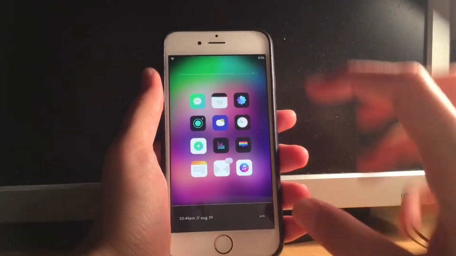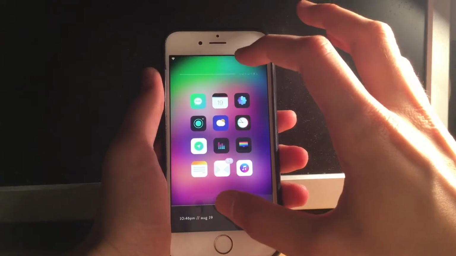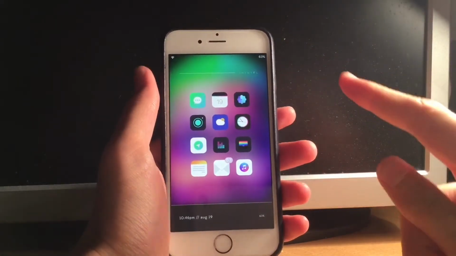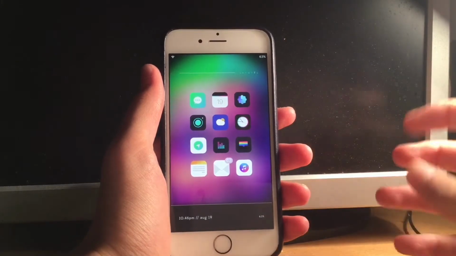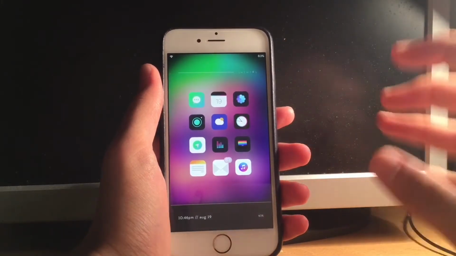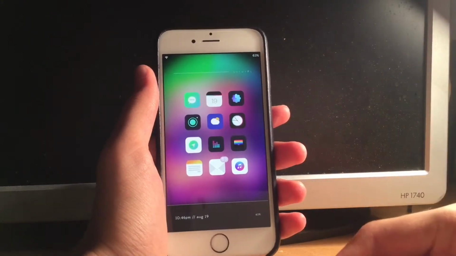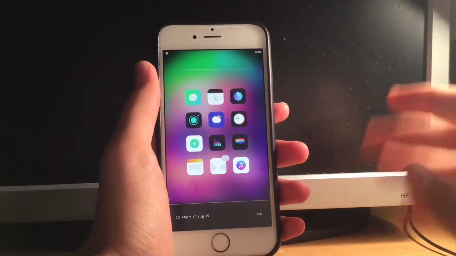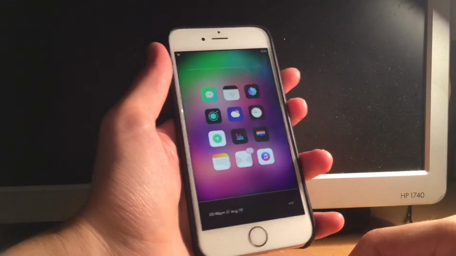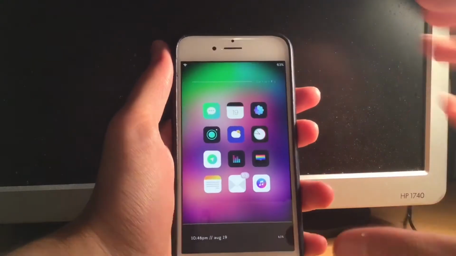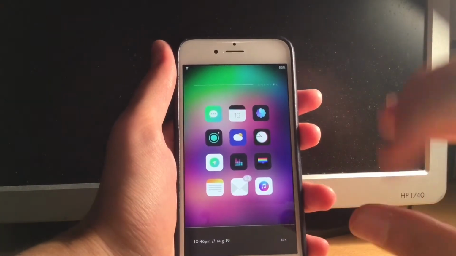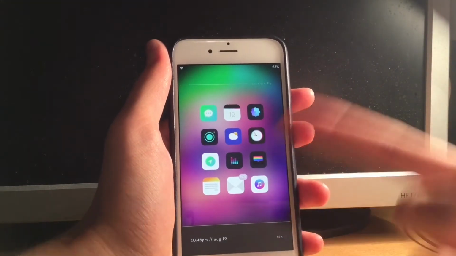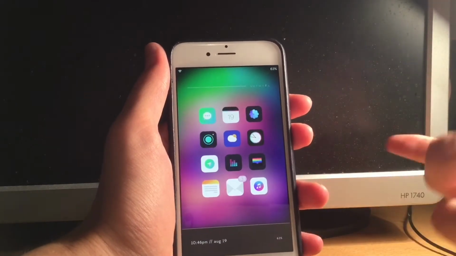So my widget, as you can see, I have a widget here. This widget is called EW4iWidget. But in order to install it, you need another tweak, which is called iWidgets. So the tweak is called iWidgets. And once again, let's just make it clear: for the lock screen, LockHTML4; for the home screen, iWidgets. So using iWidgets, you can enable a lot of widgets on your home screen.